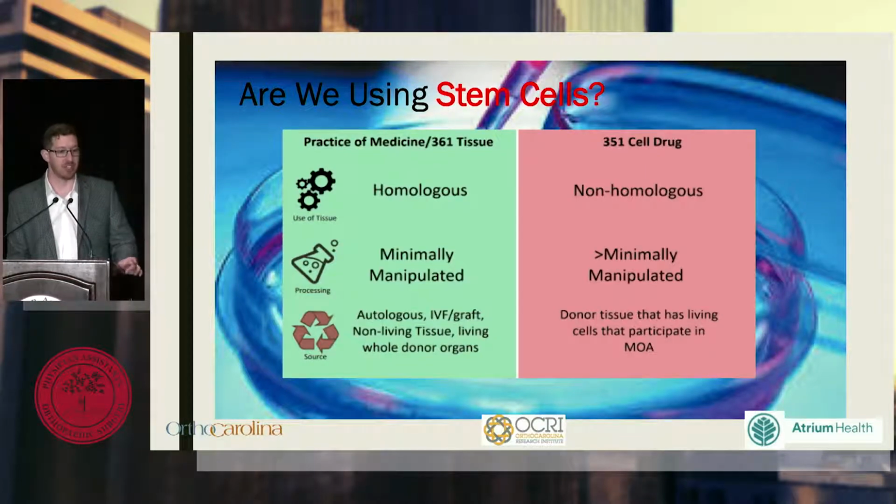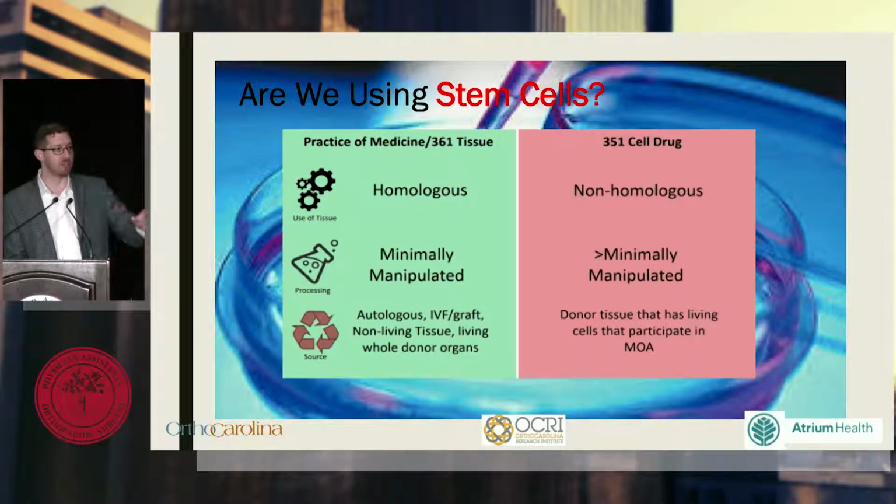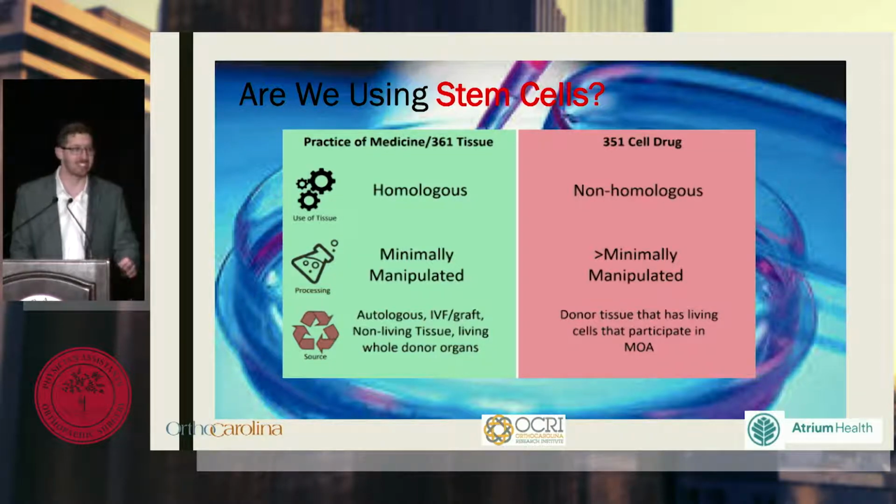And so stem cells have unique characteristics that are not met by minimally manipulated cell-based therapies being widely marketed in the United States. And I think we see this and hear this on the radio and on TV, where these stem cell clinics, or even some of us and our colleagues in clinics, are suggesting these stem cell therapies and stem cell treatments that they can inject, when the truth is a lot of what we're injecting is either minimally stem cells or not stem cells at all, and we have to be careful about that. And so,